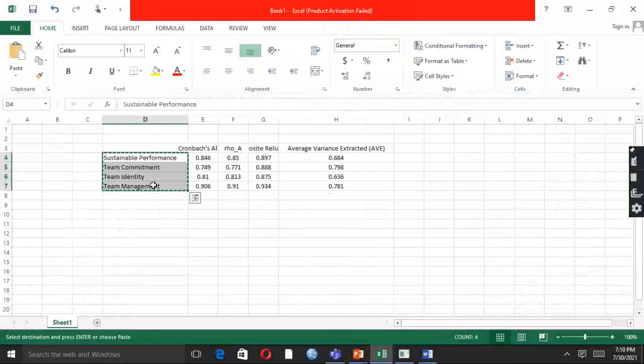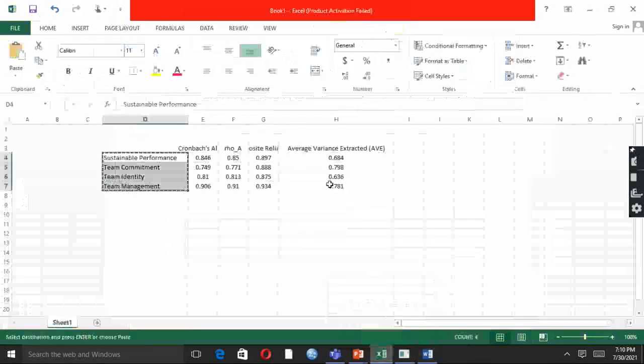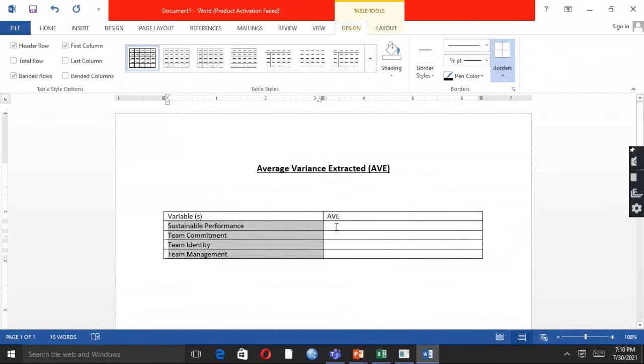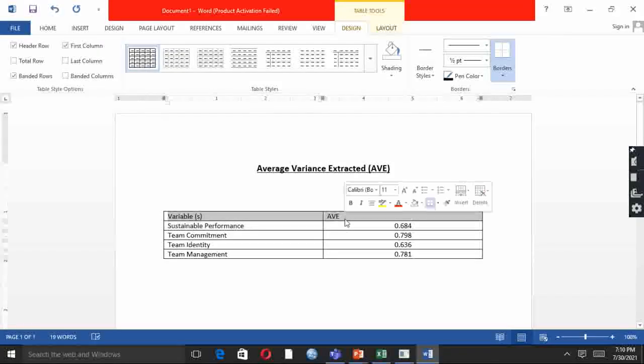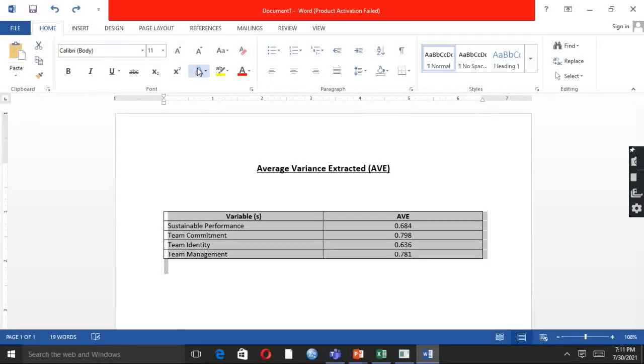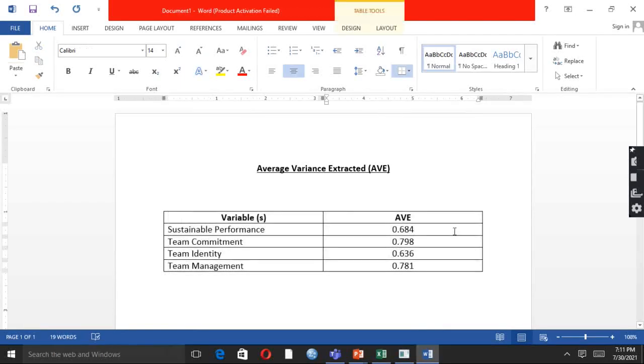Copy the variable names and paste them into the Word document, and then also copy the values of AVE and paste them. Now we can see that we have pasted the values of AVE into our Word document.